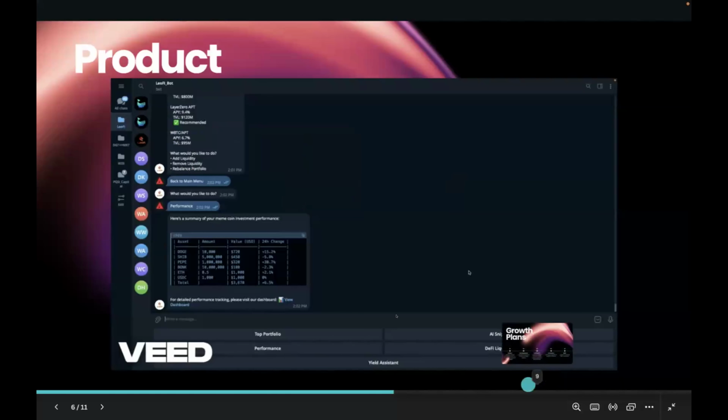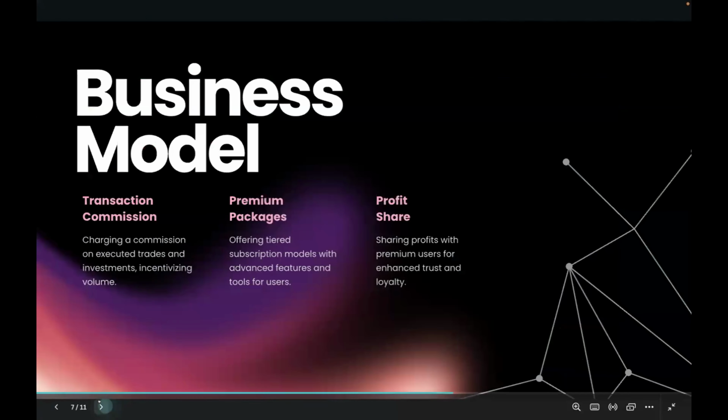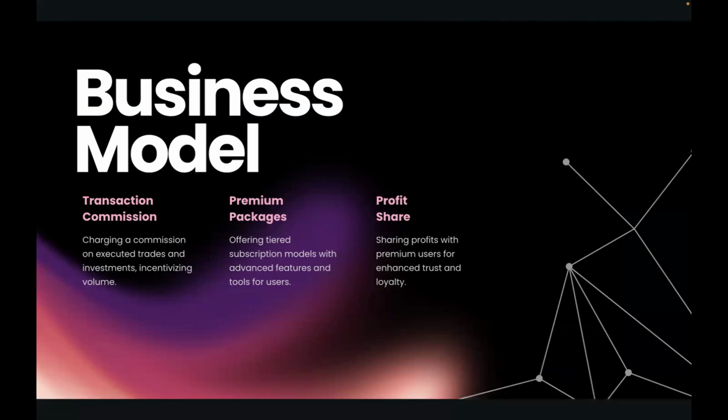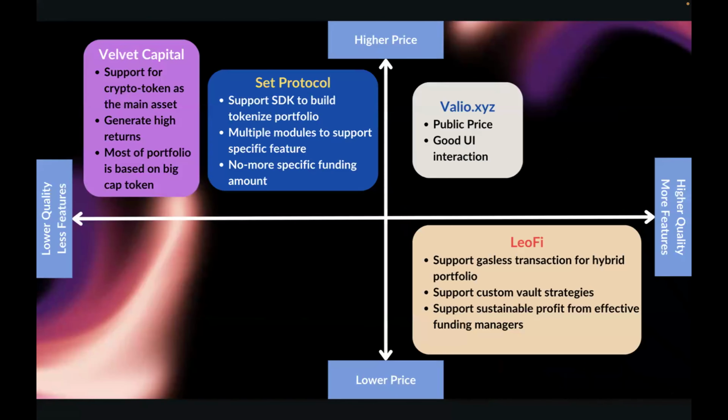And we designed for investors. We make profit with three kinds of revenue: selling AI packet premium, profit share, and charging transaction commission. And we target to make gasless transactions in order to make a simple UI/UX for the end user,